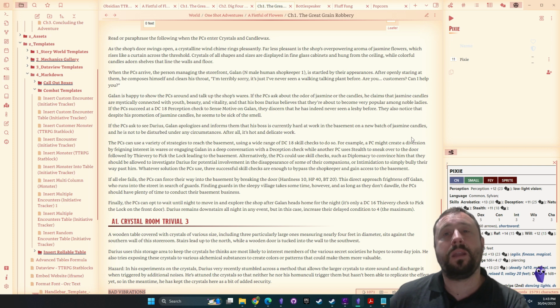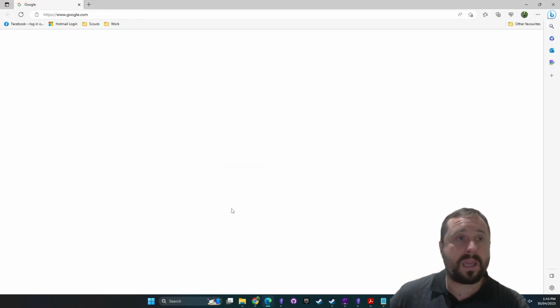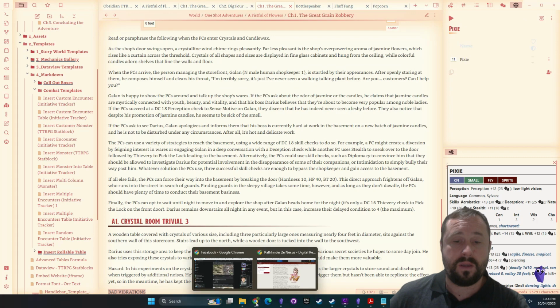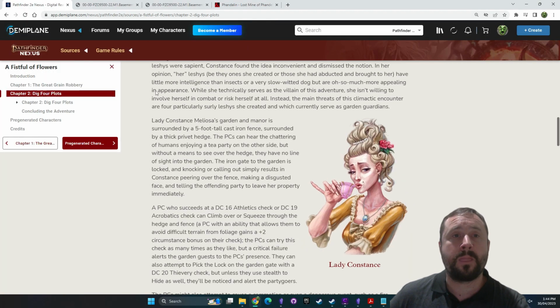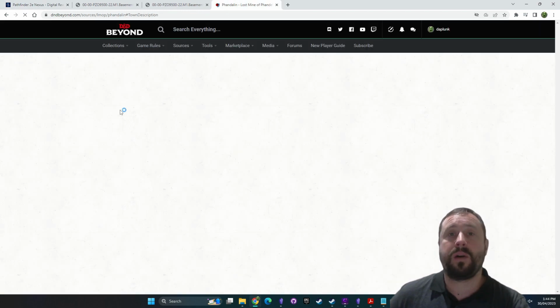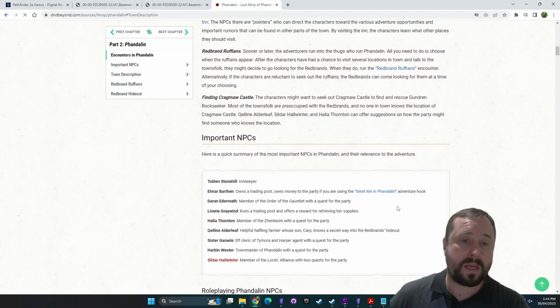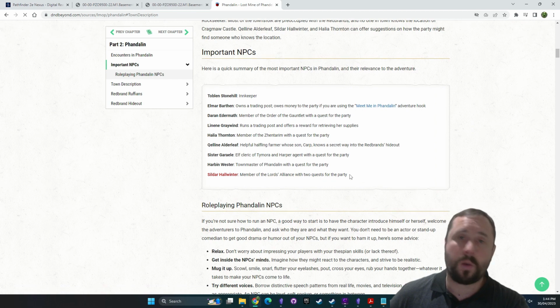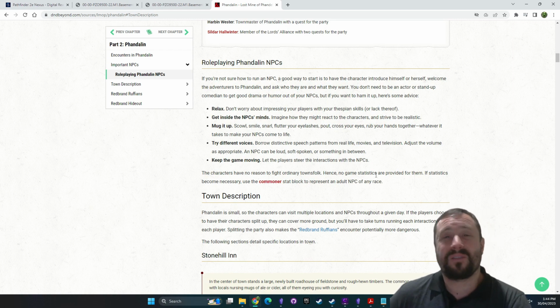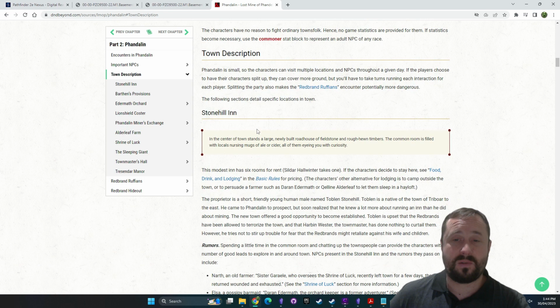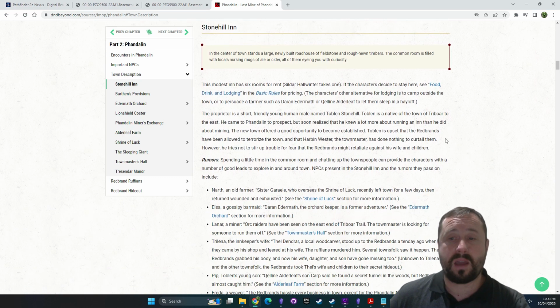The better the quality you can find of the actual source of the module, the easier your job is going to be. And I really cannot recommend highly enough tools like, you know, Pathfinder Nexus or Demiplane, and D&D Beyond, right? So if you own the content in a digital format, the job you're going to have of copying that over is just so much easier, and it's going to make your life easier. You don't have to do what I'm doing here. You could just run it out of these tools if you're running literally the book out of the book,